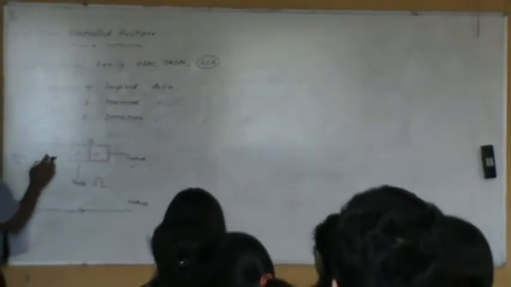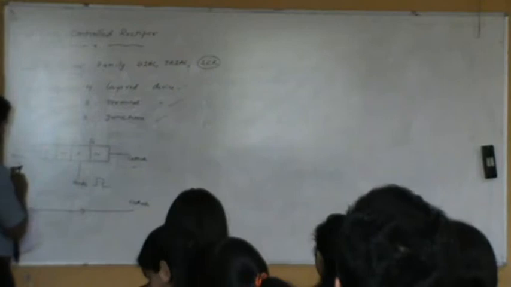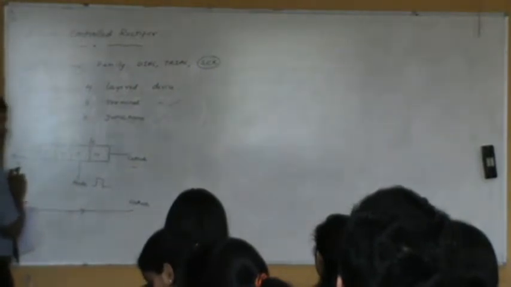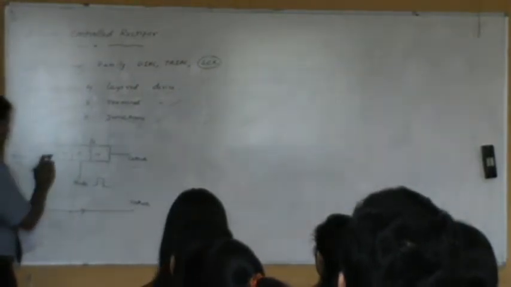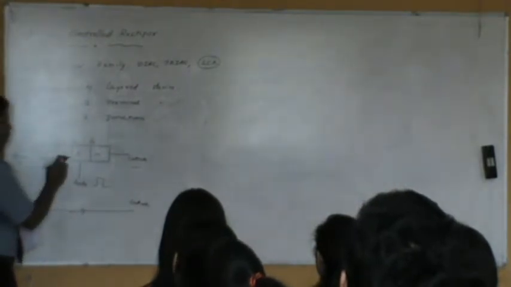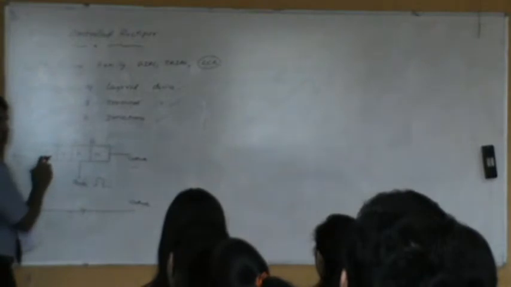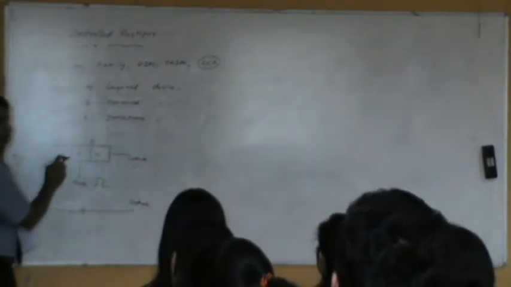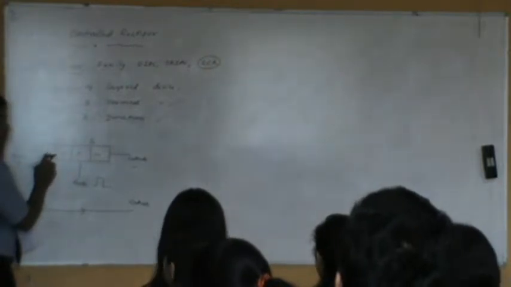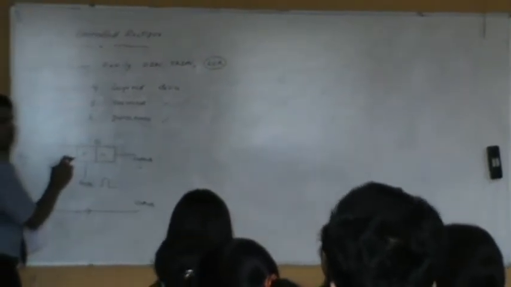Look at the junctions J1, J2, J3. Because of positive voltage applied to the anode, which is of P type, right? P type is connected to the positive. This will be less positive, and this is more positive. Obviously, this is away from the P type, so this must be less positive, and that means this is more positive. This is less positive. What type of bias will the junction J1 be?